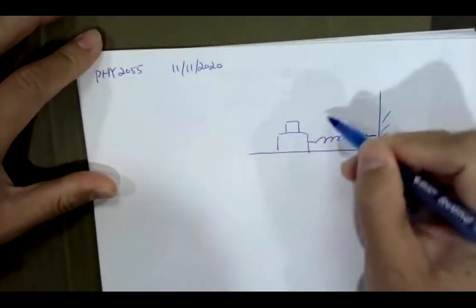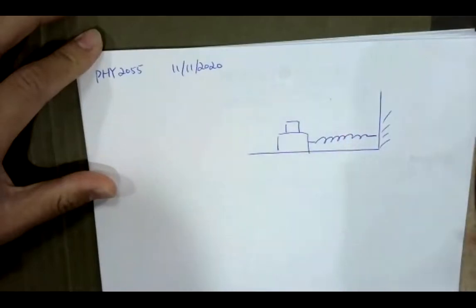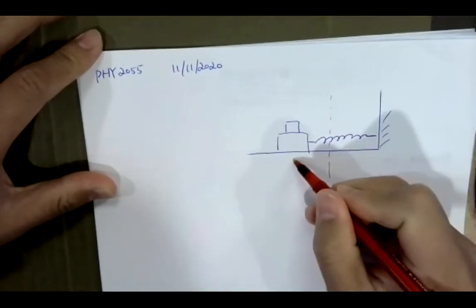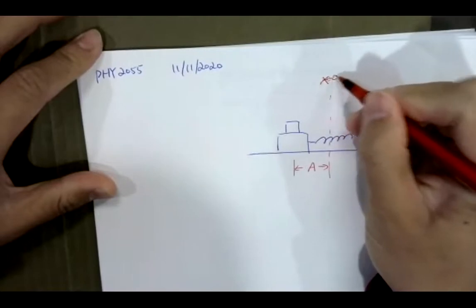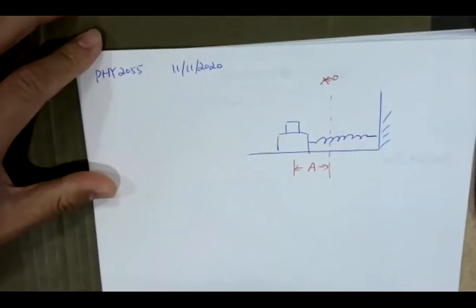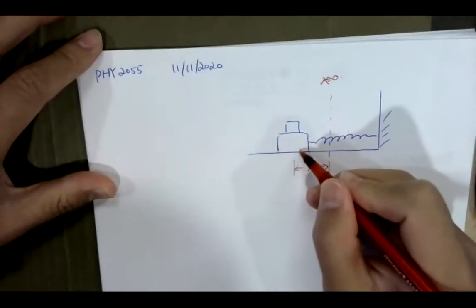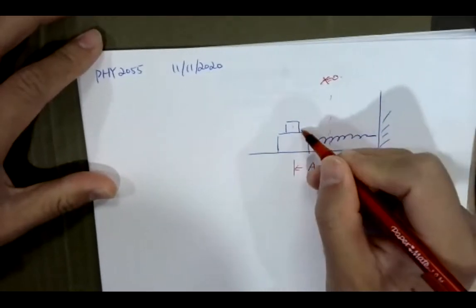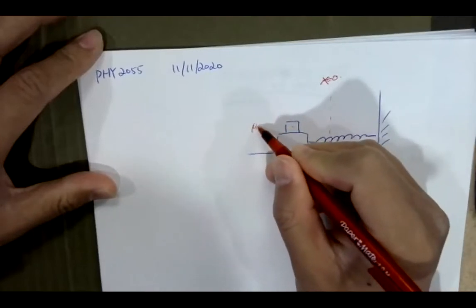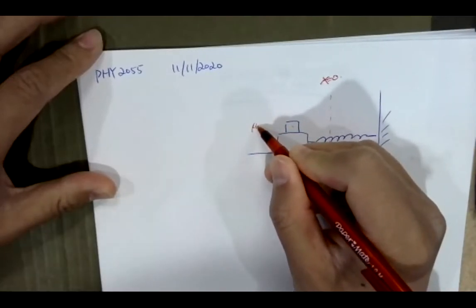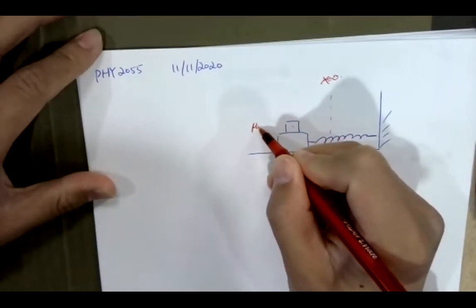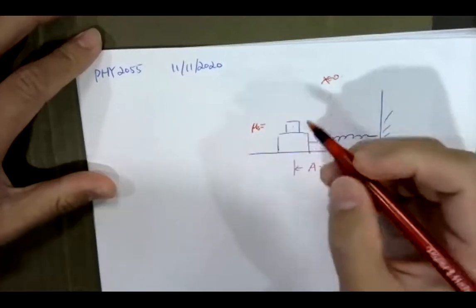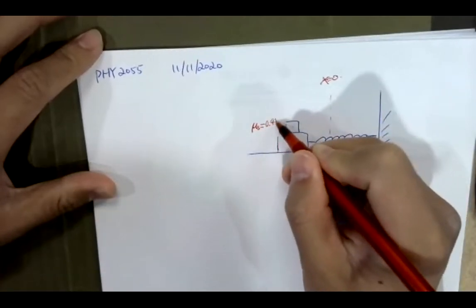Okay, so this is being pulled to, let me say, probably the equilibrium point. Let's assume it's somewhere here. This is the amplitude. Okay, so this is where x equals 0. The surface here is smooth, but between these two blocks there's a coefficient of friction mu s, I think. All right, it didn't specify if it's static or kinetic, but we'll assume this is static. I think it says the two are not moving with respect to each other, so 0.45 here. Okay,